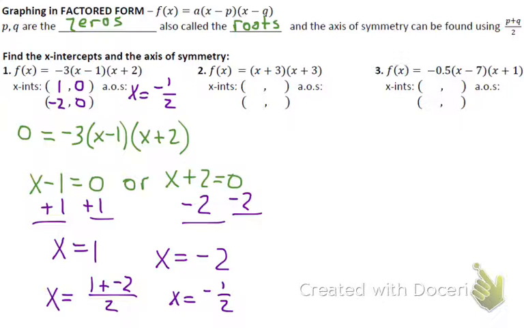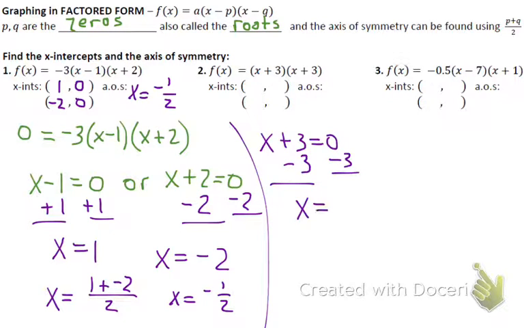Number 2, our x-intercepts are, if you set this equal to 0 and solve, subtract 3, you get negative 3. The other root that you would see would also be negative 3, 0. So this is one of those quadratics that hits the x-axis one time. Your axis of symmetry is the average of the p and the q. So negative 3 plus negative 3 is negative 6, divided by 2, negative 3. So the axis of symmetry is going through that vertex of negative 3,